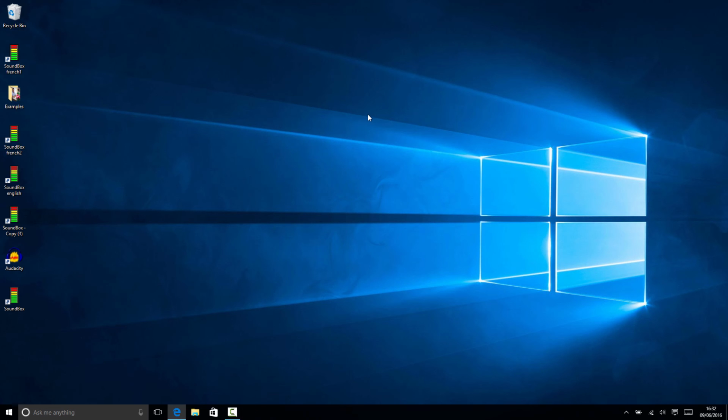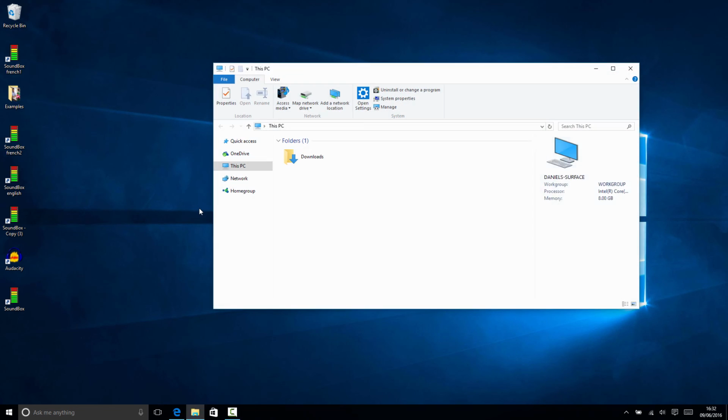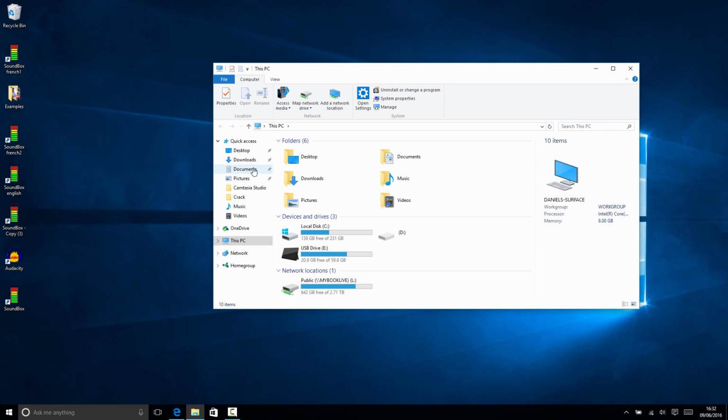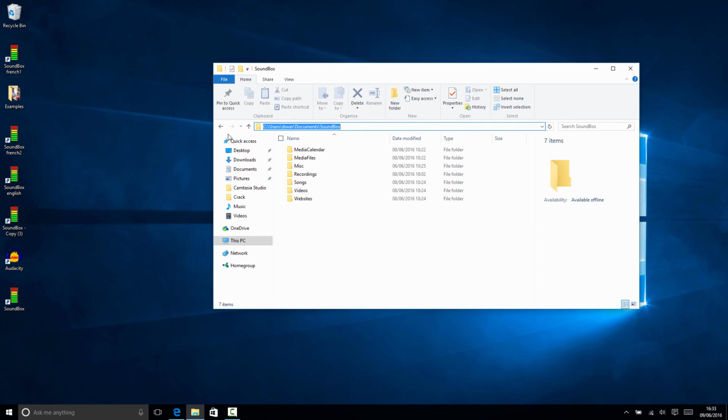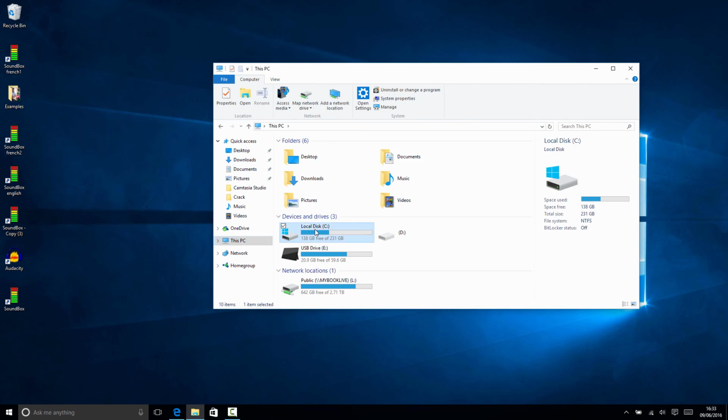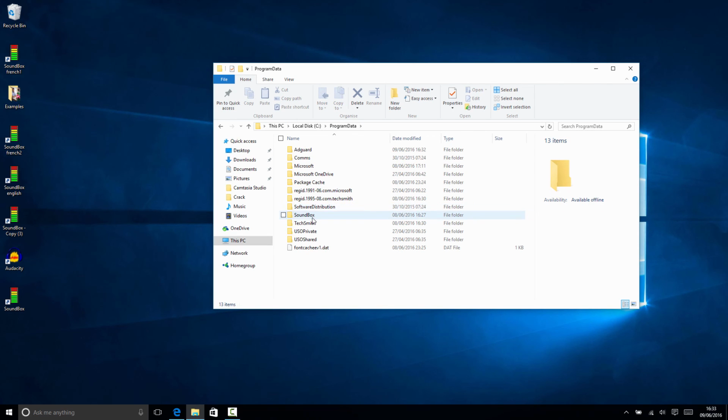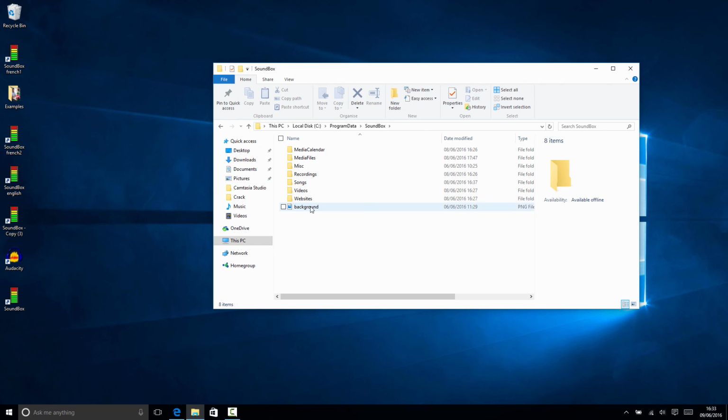So if we close that, this is one instance where Soundbox will look to your documents folder first. So in documents, you'll see a Soundbox folder. If I double click that, this is where you put the background file. If you don't put it in here, you can also put it in Program Data Soundbox, and there you see that's where mine was. But let's delete that one for now and reopen Soundbox